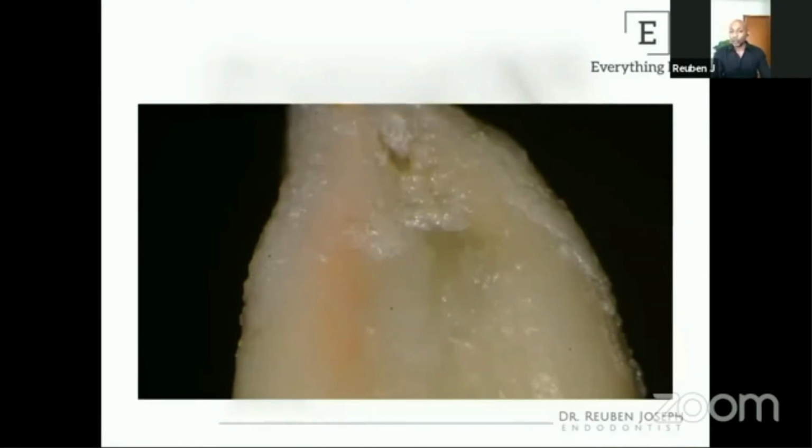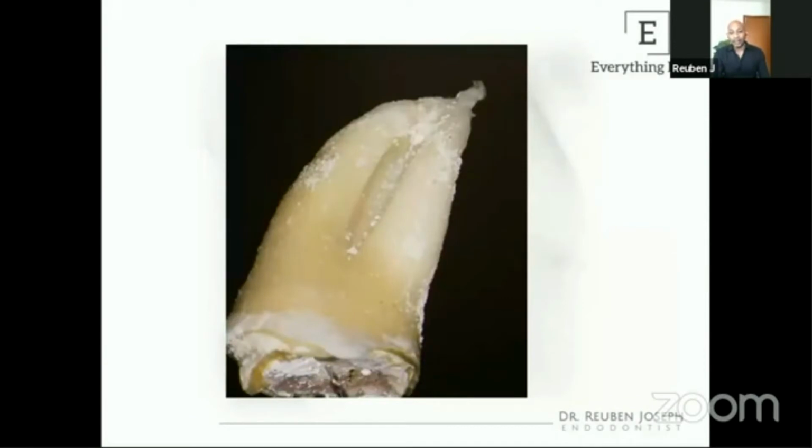Will it be strong enough to take care of the occlusal load? Especially when you're missing a six, the whole upper maxilla is going to entirely rest on the mandibular second molar. So that's one very important factor. And again, if you can appreciate, it is not evenly thin in all the spaces. Different areas of different C-shaped canals are thin in different areas. So we need to keep that in mind and not just use one instrumentation or one technique to treat this whole surface. I would prefer smaller tapers and careful hand shaping, and then rely a lot on my irrigation protocol.